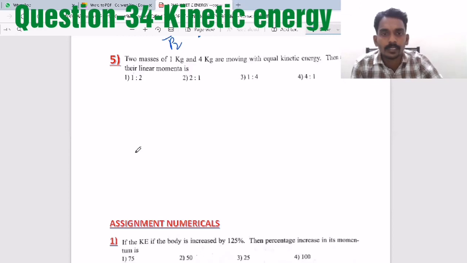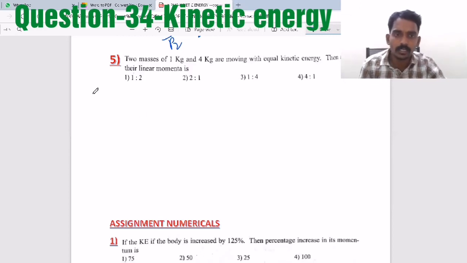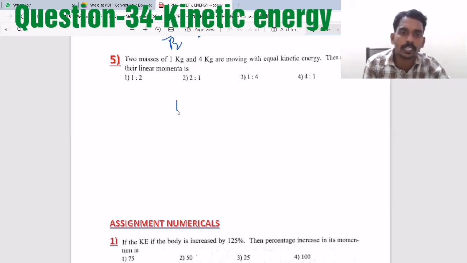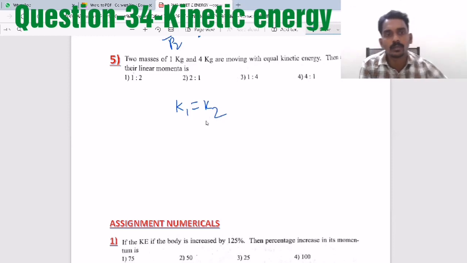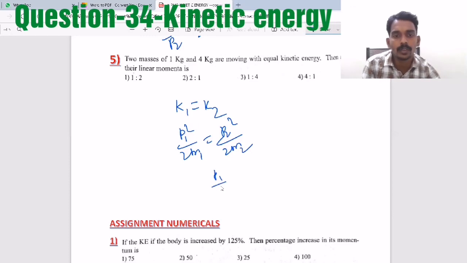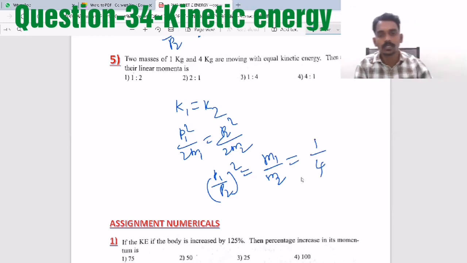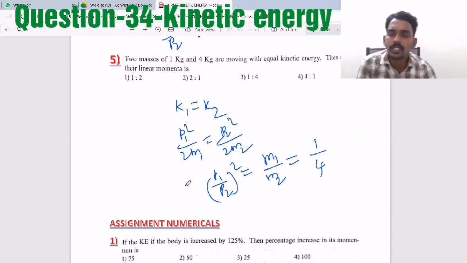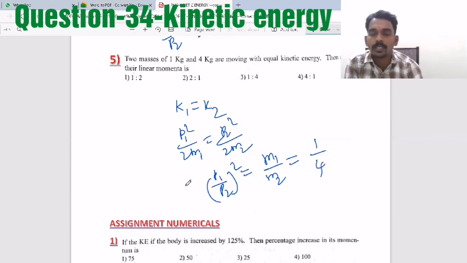and linear momentum. Now one last and final question, that is the two masses of 1 kg and 4 kg are moving with equal kinetic energy. Now K1 equal to K2. The ratio of their linear momentum. That means P1 square by 2m1 equal to P2 square by 2m2. Now P1 by P2 whole square equal to m1 by m2, where m1 is 1, m2 is 4. So what is the answer? 1 by 4. So if you look at overall the things, the questions are very easy, formula based, comparison based,